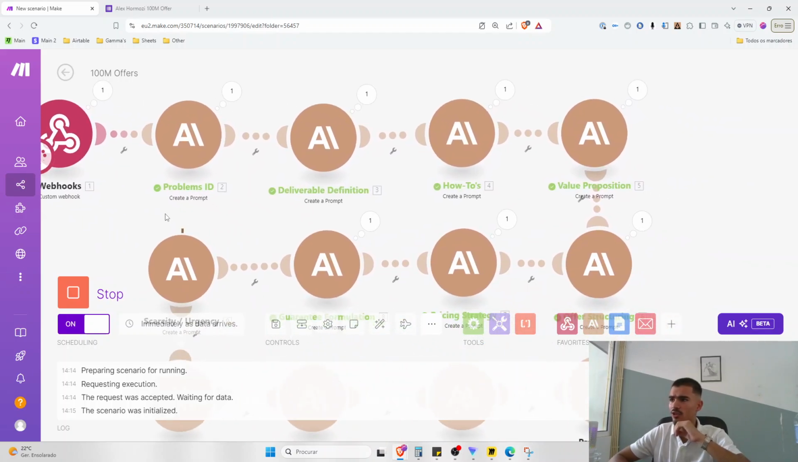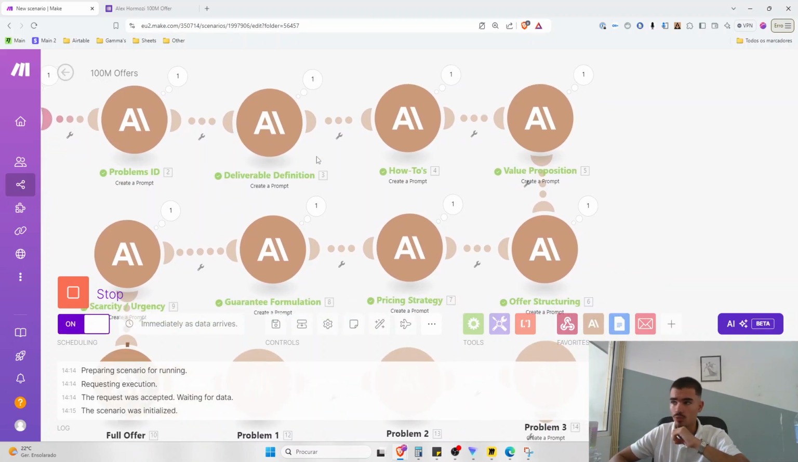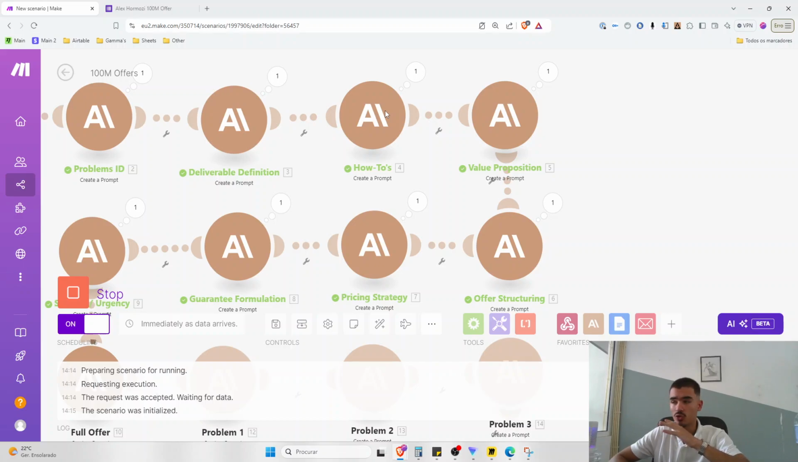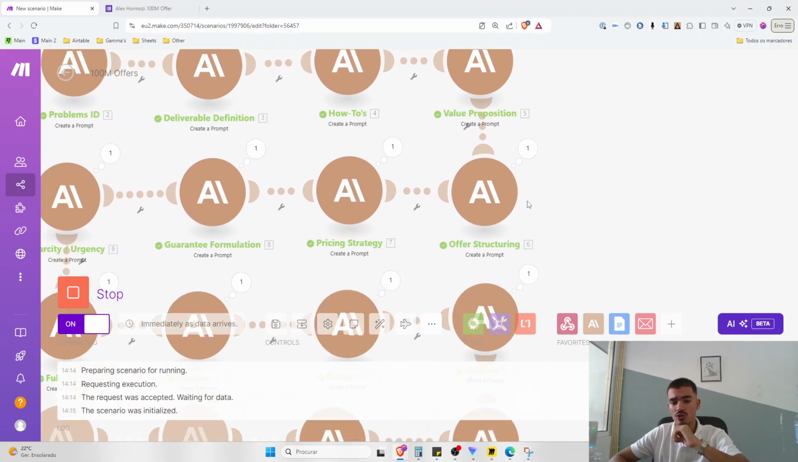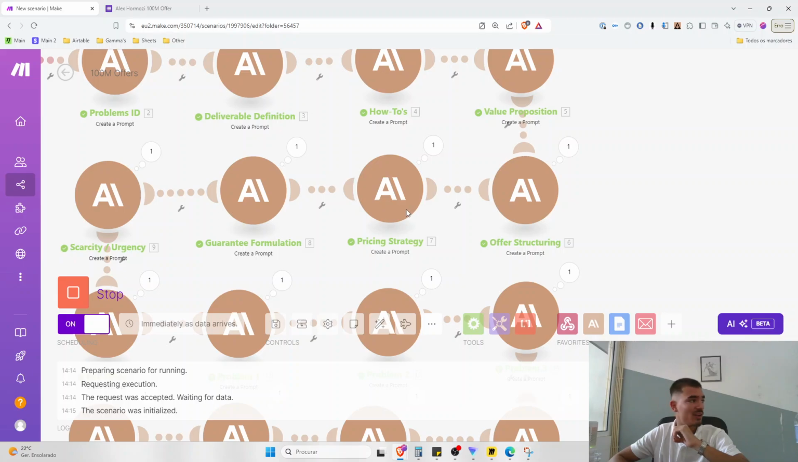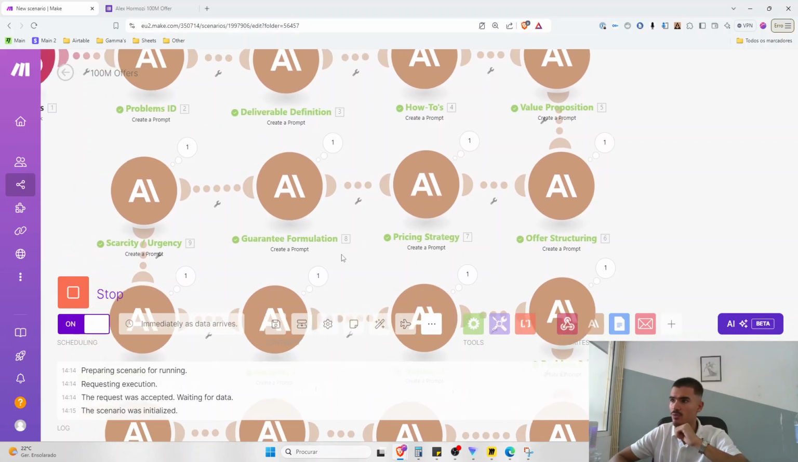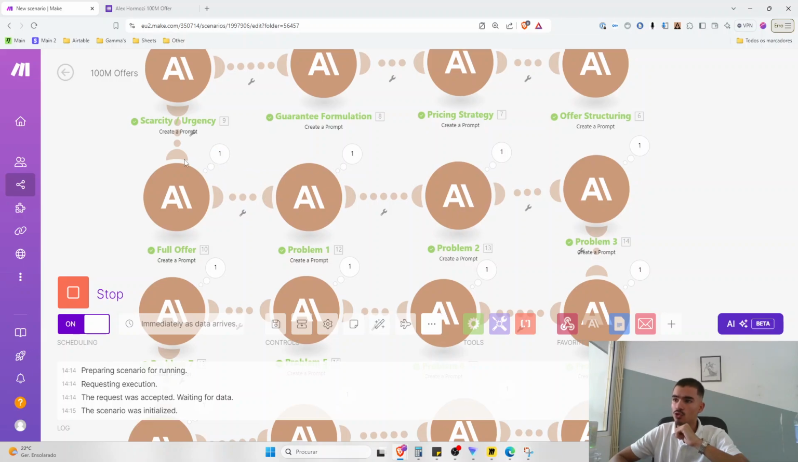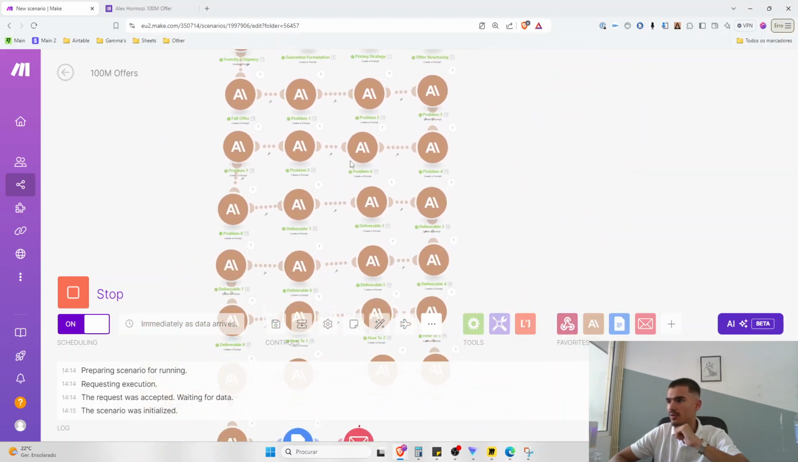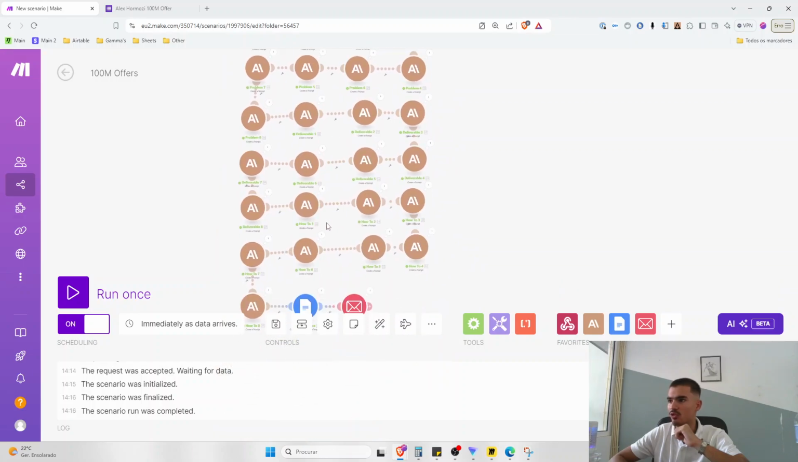And based on this information, it will follow the exact step-by-step methodologies outlined in the book. So it will start by identifying the problems, the deliverables for those problems, turning the deliverables into how-tos, then creating a value proposition, structuring the offer, creating the most optimal pricing strategy, then formulating a guarantee, adding scarcity and urgency onto it, doing the full offer, and then these are pretty much large language models that will structure the output